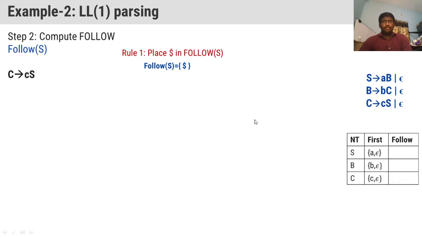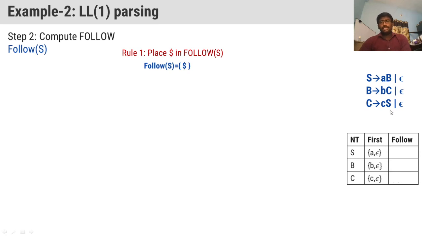Then our next step: you see here, one more S. S is also present on the right hand side. I told you in the previous grammar, S is not present on the right hand side productions. But in this grammar, capital S is also present on the right hand side productions. Then we need to find the follow of that particular S also. Here, since S is the start symbol, that's why we have added the dollar symbol. That is the only reason to take the dollar symbol.